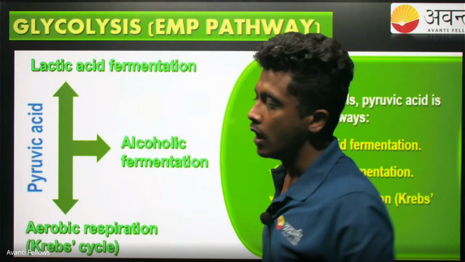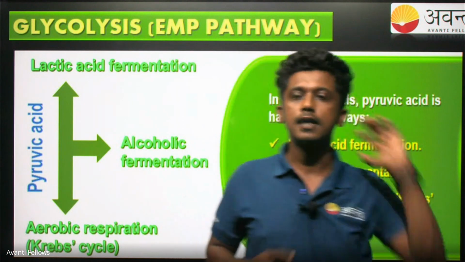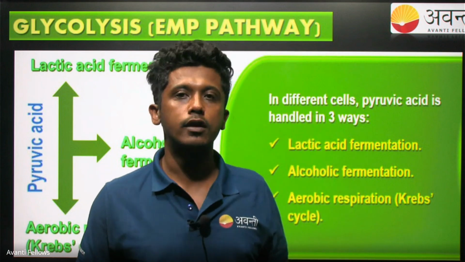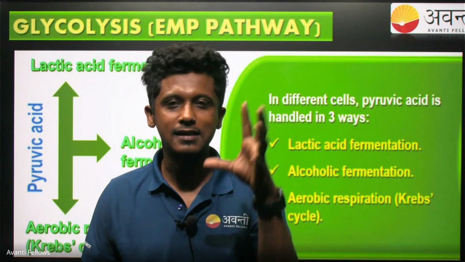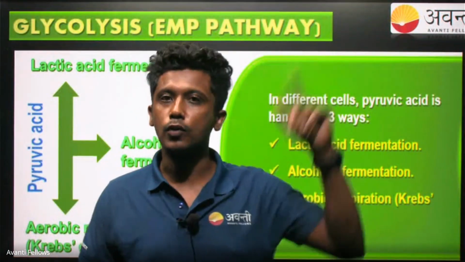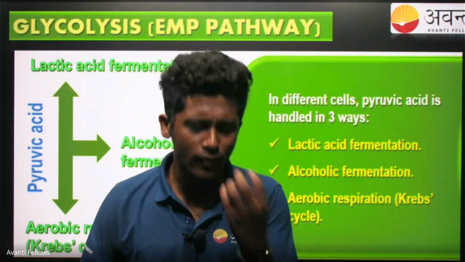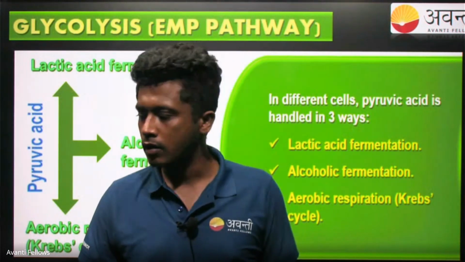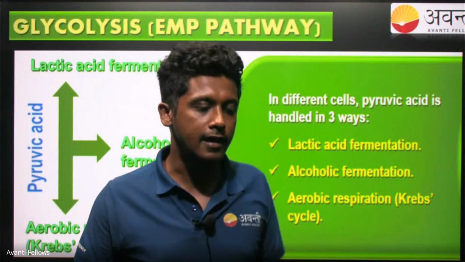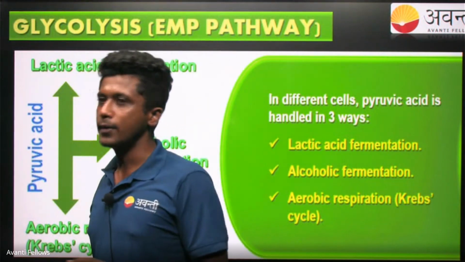No doubts. So once we have glycolysis, the byproduct of glycolysis is two molecules of pyruvate and two ATP, which is a very small amount of energy yield when you compare it to other processes. But it's not the end of the process, it's just how we got started. So now what happens to this pyruvate?